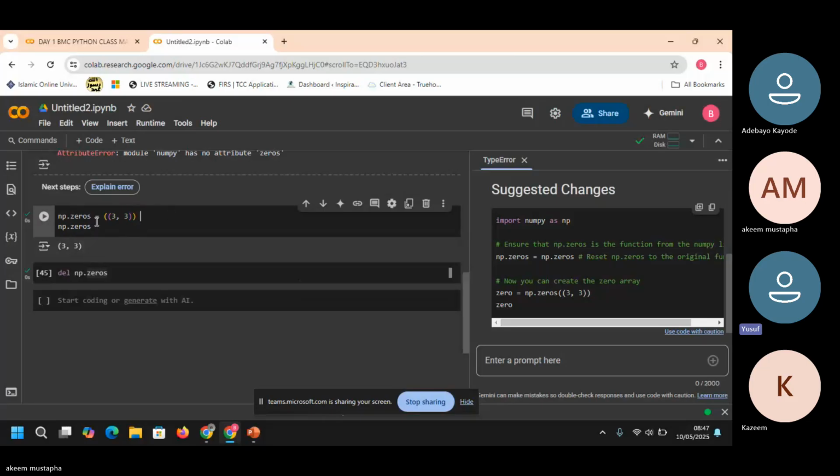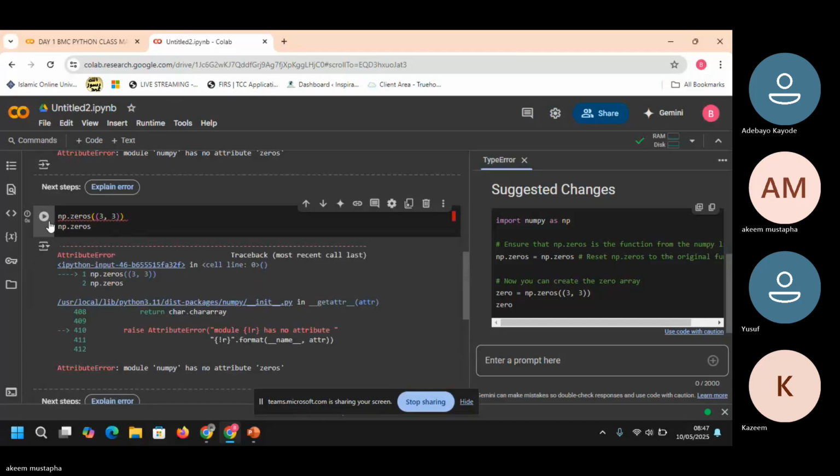I think there is a problem. So in this your zeros, remove that equals to, it is np.zeros. There is no space, no equals to between that thing. Yeah, okay, run it again. Okay, module NumPy has no attribute zeros. So what is